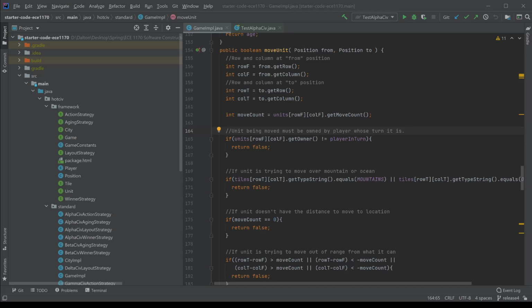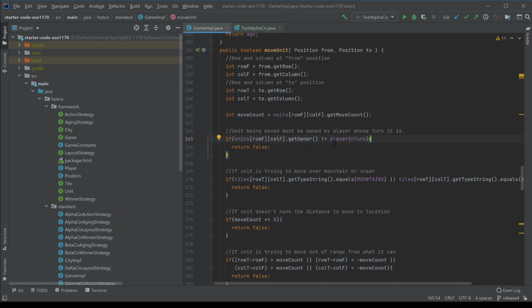I will be changing my code by refactoring it. I will be refactoring the move unit function because it currently does not have named Boolean expressions. They're currently just written as such. So I'm going to be refactoring this by moving these different conditional statements to Boolean variables that can describe what